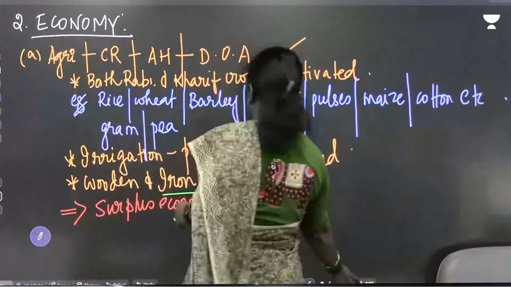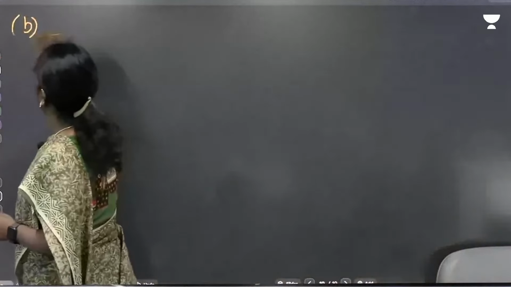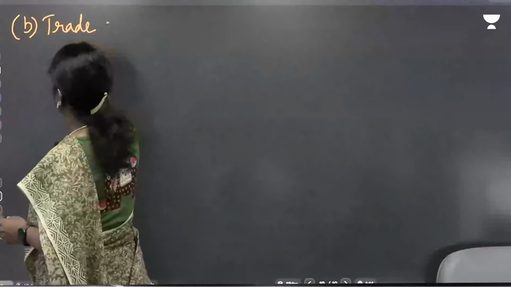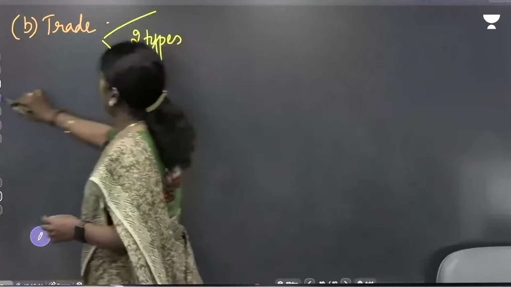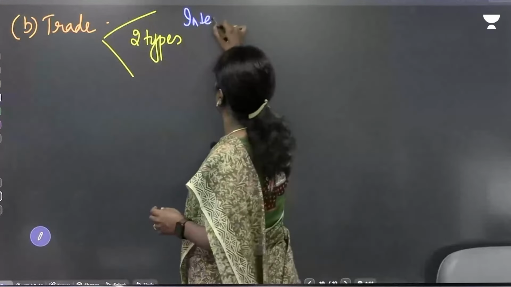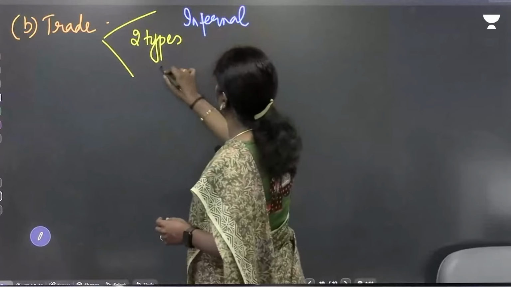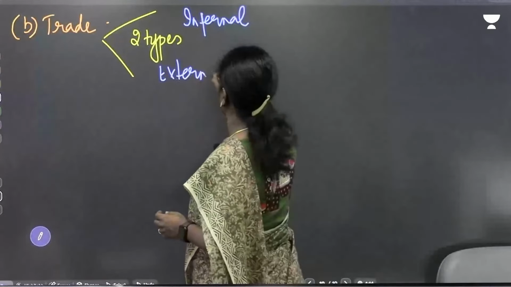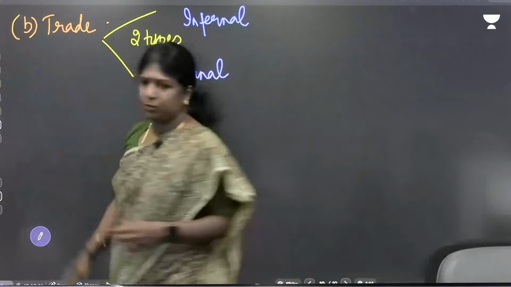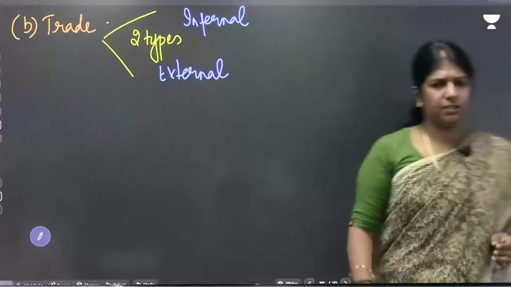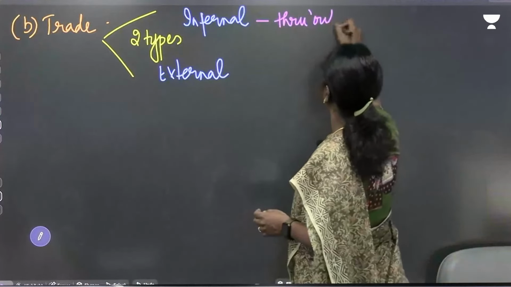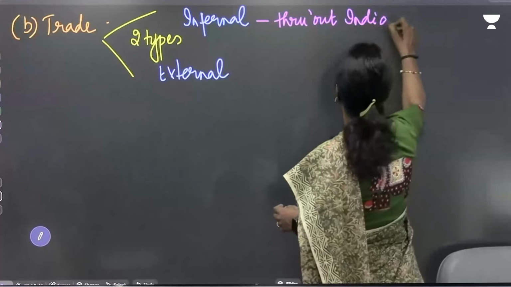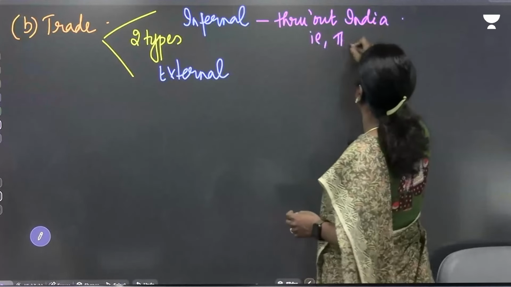The second one, trade. Whom did the Aryans trade with? There were two types of trade: one is internal trade and the other one external trade. So Aryans did have two types of trade, internal trade and external trade. Internal trade, they traded throughout India. That is, they traded with